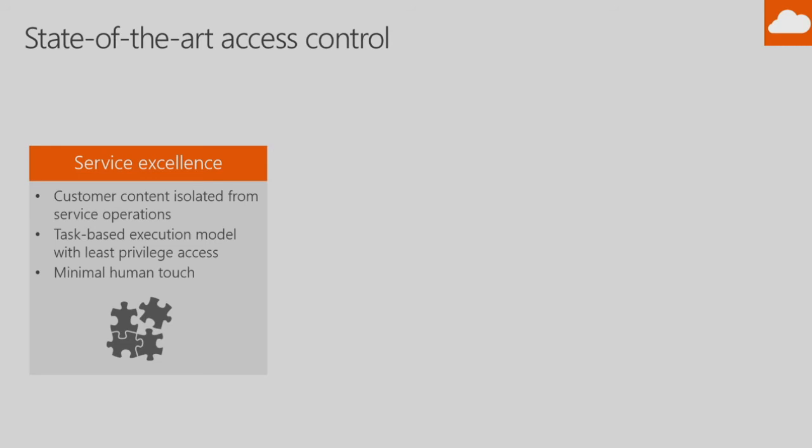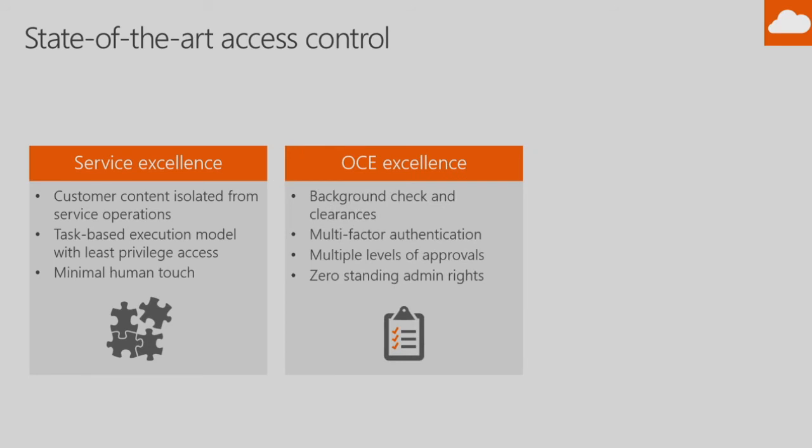So when a person really wants to do something, say reboot a server X, he just goes and says, I need to reboot a server X. He gets permission only to do that and nothing more. And we also ensured that 99% of our service operation can be done with automation and without any human touch. But for the 1% of the operation, when the human really has to go and do something in the